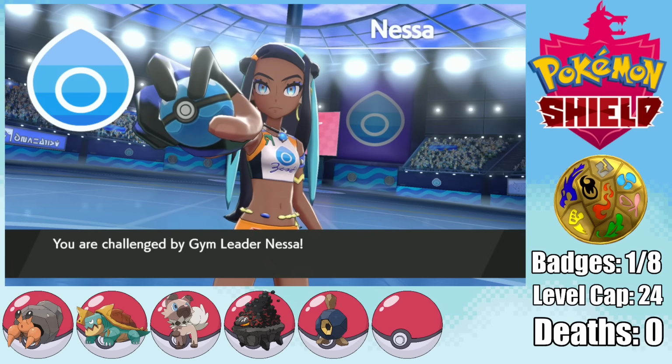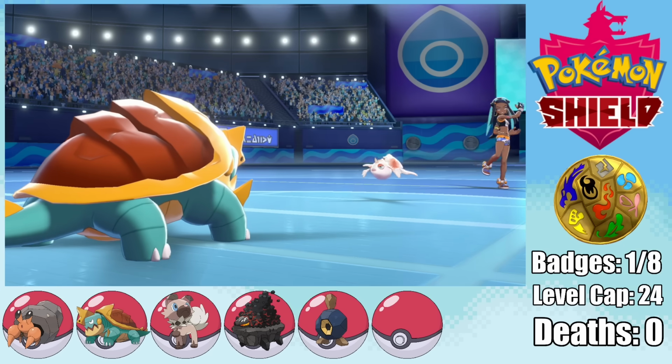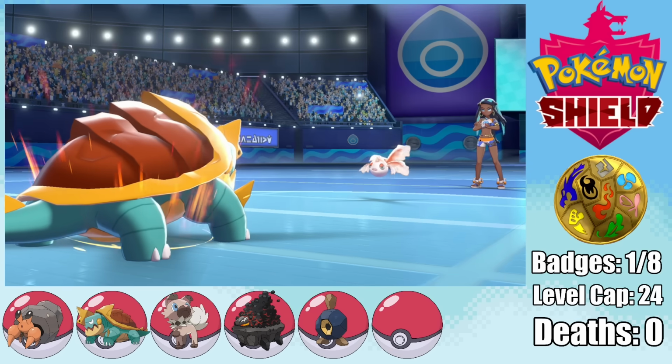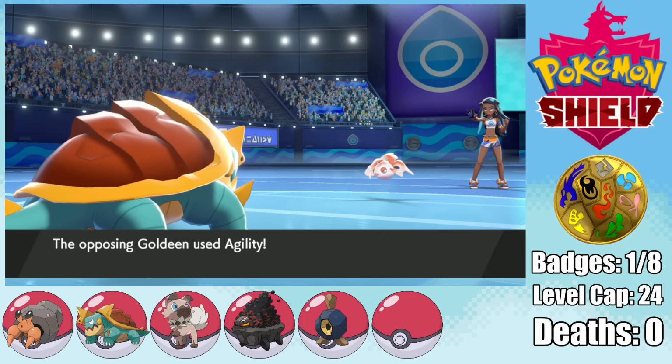And we pretty much have to go up against Nessa, our next gym challenge, right off the bat. And since water is super effective against rock, I lead off with Oasis, who has a neutral matchup, so that I can set up Rock Polishes and Iron Defenses against Goldeen. It keeps hitting me with Water Pulse, but I gave Oasis a Persim Berry in case I get confused, but